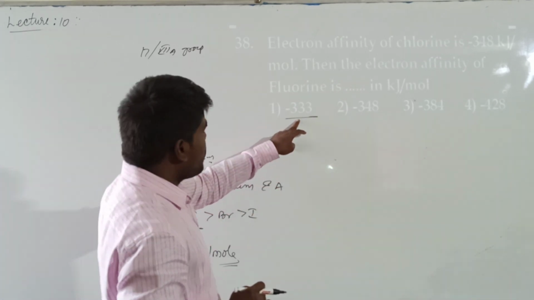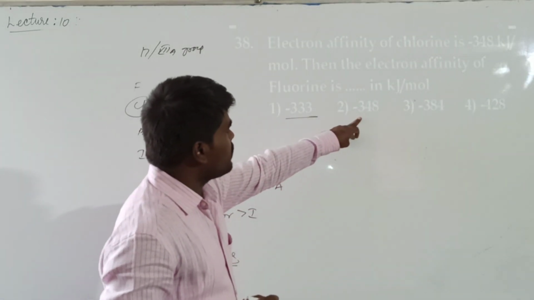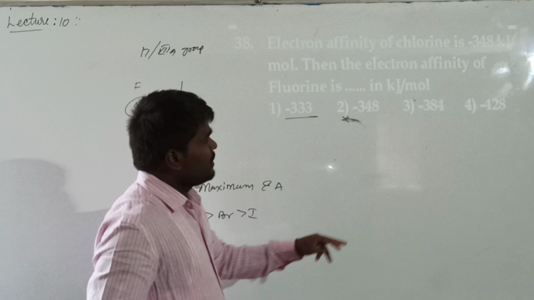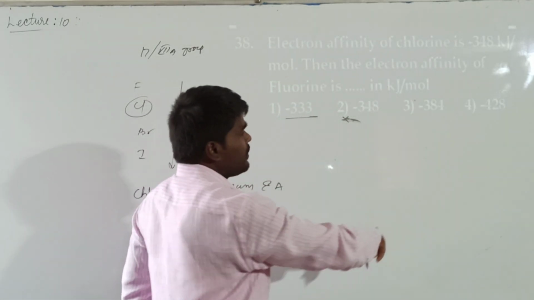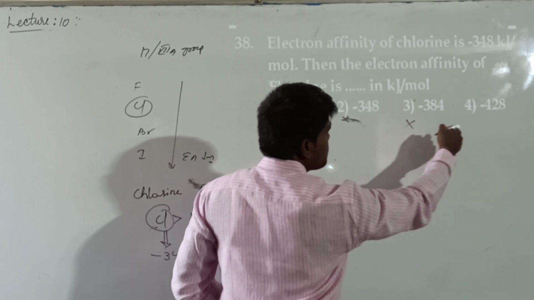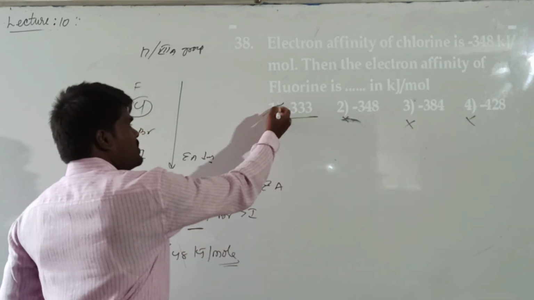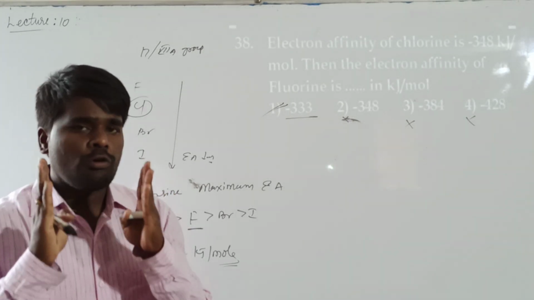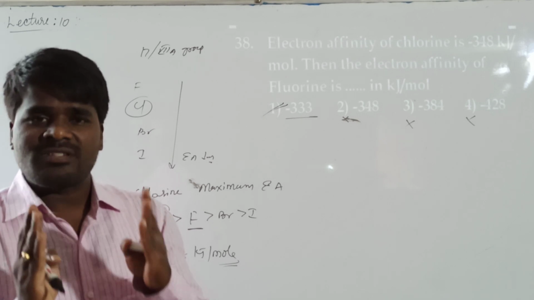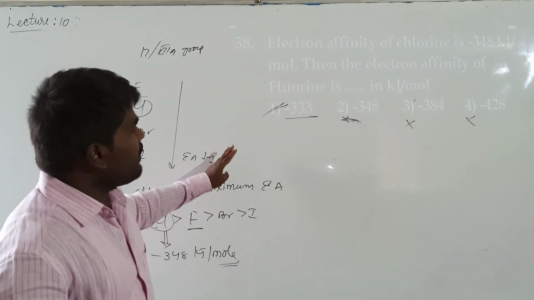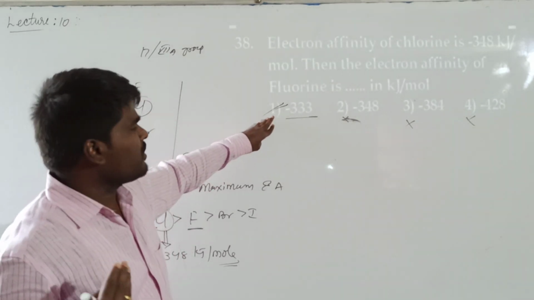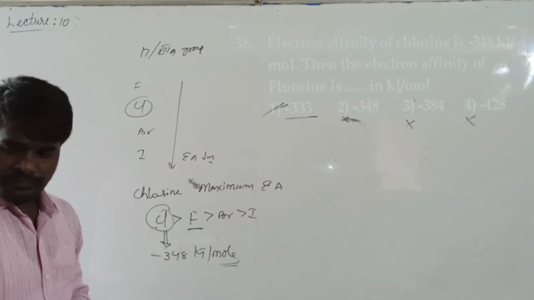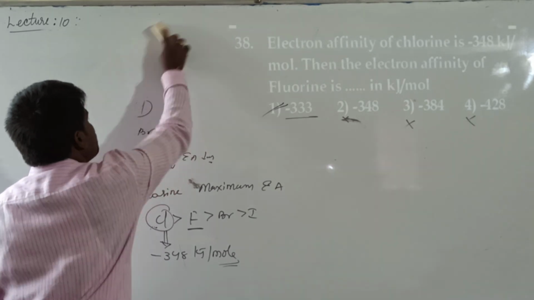Now this is a smaller value we can consider, and this one is equal to chlorine. You cannot consider that because the electron affinity of fluorine should be less than chlorine. This one is greater than chlorine, greater than 348, so you cannot consider it either. What is the right answer? This is the right answer. Hope it is clear how we are analyzing this. The electron affinity of fluorine should be less than chlorine without considering the negative sign, and here we have only one option which is less than chlorine. That one option will be the electron affinity of fluorine. Hope it is clear. We'll move to the next question.